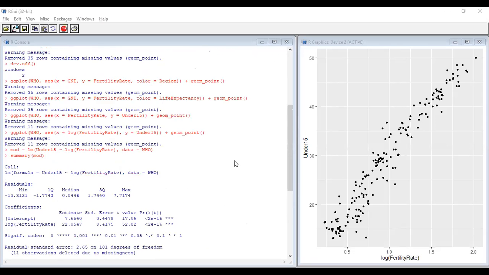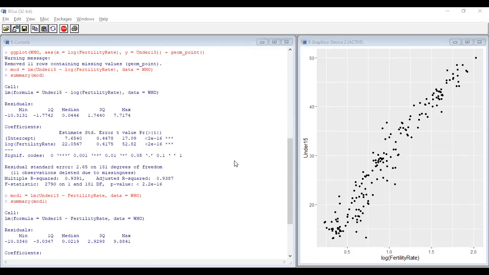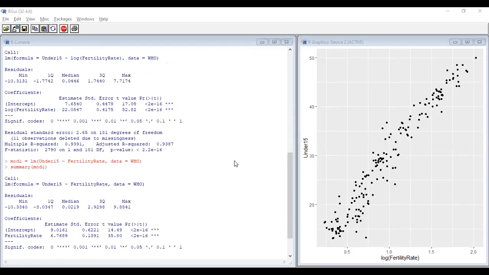We added a third variable, a category variable, region, and a metric variable, life expectancy. Then we regressed fertility rate on under 15 age. So we got this final output. We'll try to do some more data visualization, then we'll proceed to the next part of our topic.